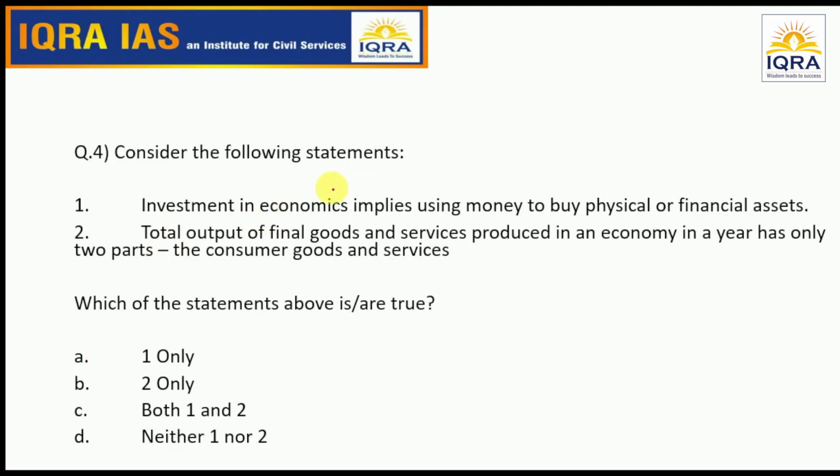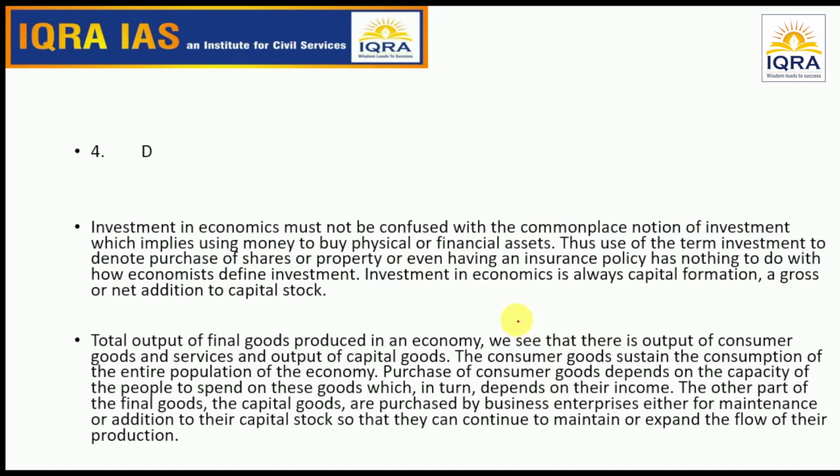investment. Consider the following statements. Investment in economics implies using money to buy physical or financial assets. Total output of final goods and services produced in an economy in a year has only two parts, the consumer goods and the services. Which of them are true? None. Because investment,